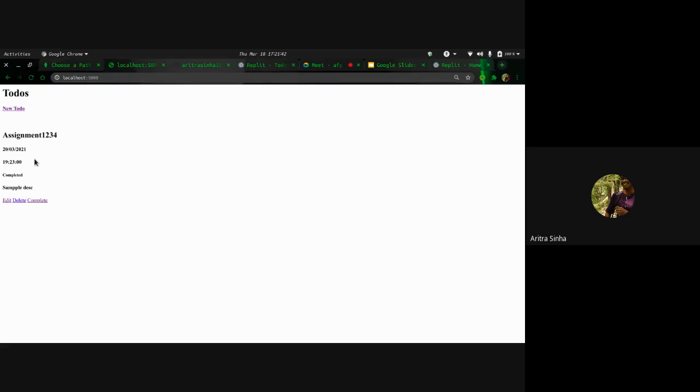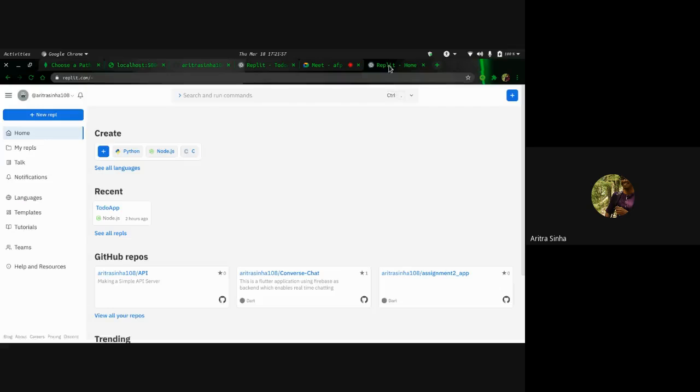As I told, we'll be using Node.js and MongoDB as the backend framework and the database respectively. Since many of you don't have Node.js installed, there's this website called repl.com. It will help you create a Node.js website. It's an online compiler.